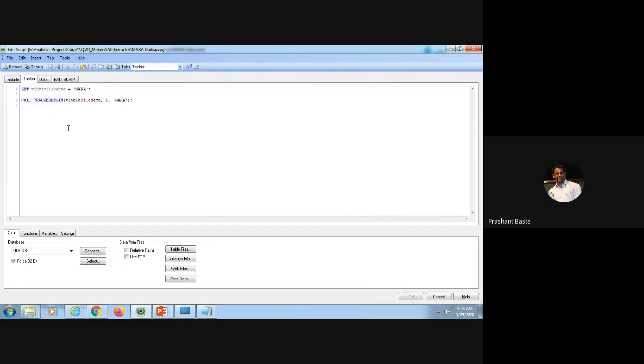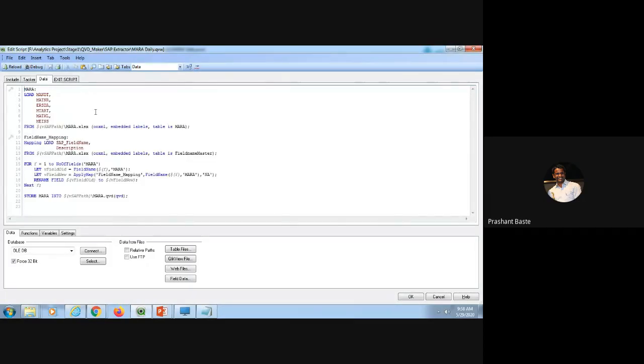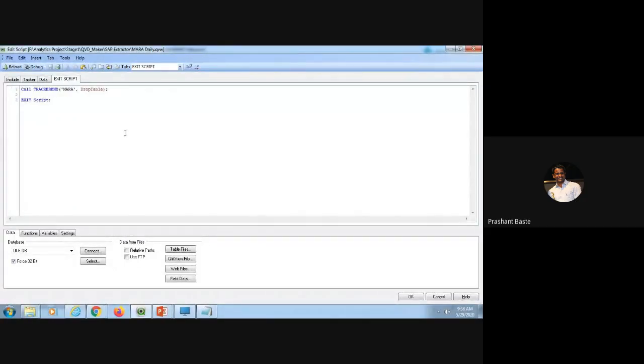Secondly, I start the tracker: when the table extraction has started, when it has to end, then my actual logic, and then the tracker end. One more thing I would like to suggest for all developers: in all your developments, after completion of your logic, don't forget to put an exit script. This will help you to understand your overall execution is completed, and this execution has to end here. So QlikView has to understand that now we have to end the execution.